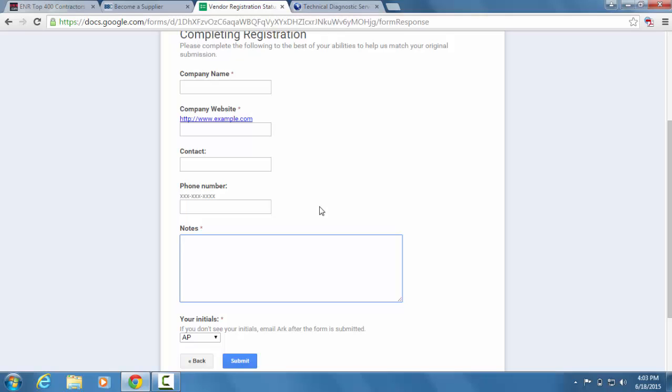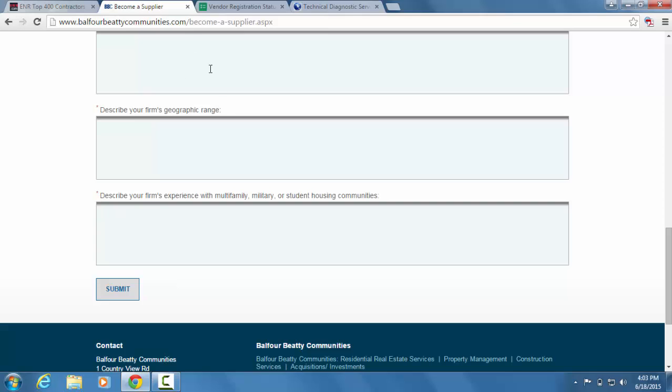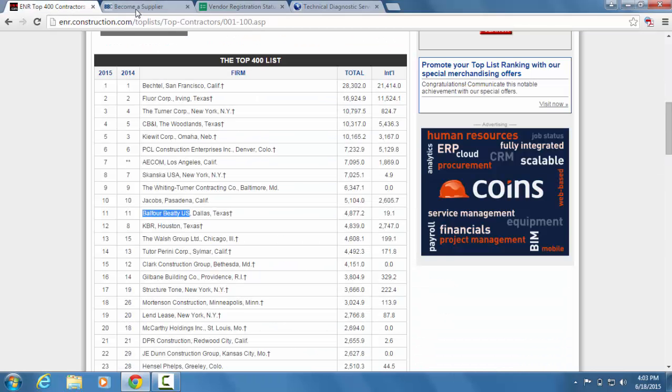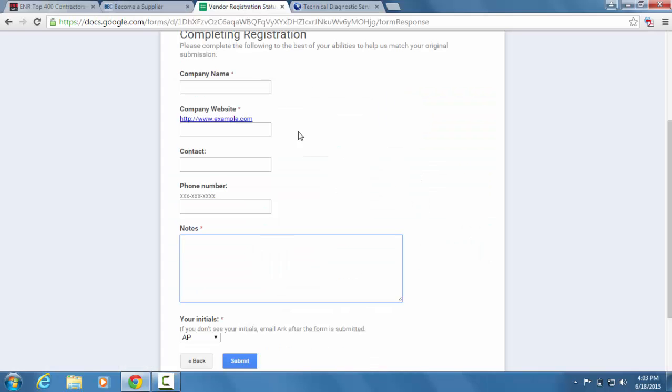So that, in a nutshell, is how we do a vendor registration. They can range from anywhere from 15 minutes, like this one here was super simple, very quick. I found it right off the list that I was working from, filled out the info, entered it into our cheat sheet, and then I go back, I call the company, I shoot them an email, and when they tell me, yes, you're good to go, you're one of our vendors, I come back here and I fill this out. Done. But they can vary from 15 minutes